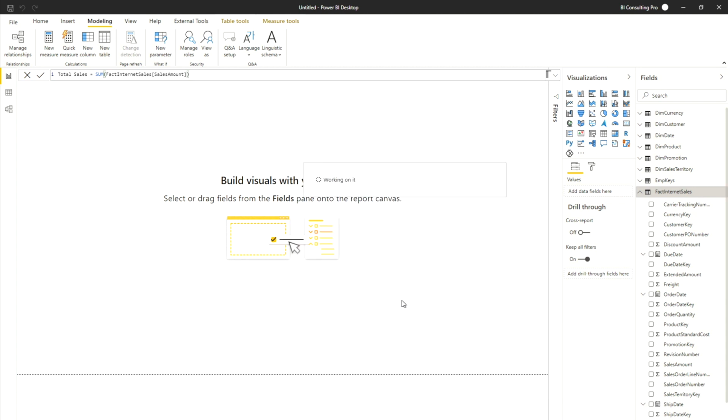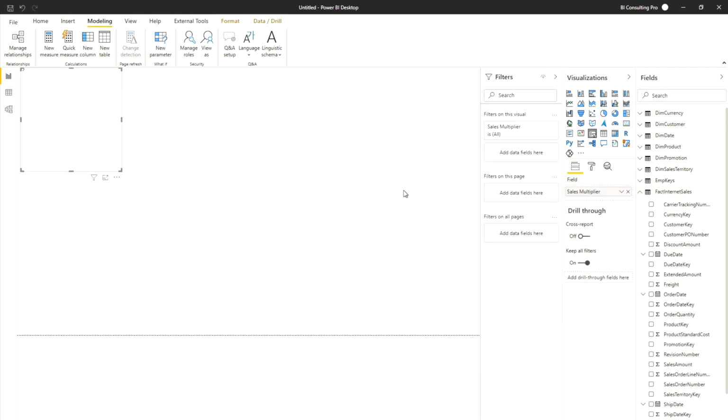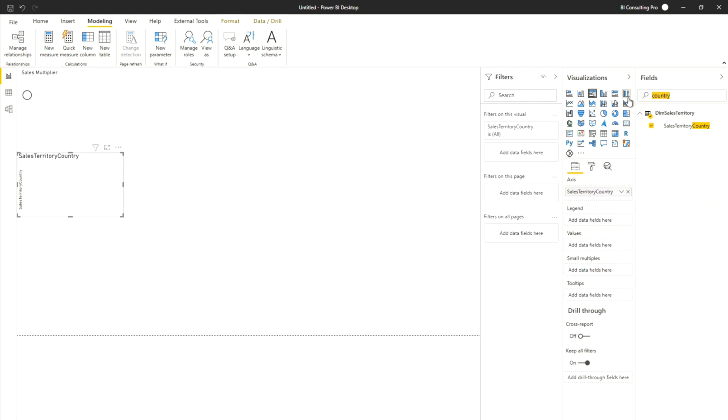As soon as you hit the OK button, you will see there is a new slicer appearing on your design pane, the design window, and here let's say we can give the value over here, or you can use the slider. But now I want to see my total sales for the different countries when I add this multiplier. Like what if I multiply by 1 or 0.005 or 0.25, something like that. So for that, first